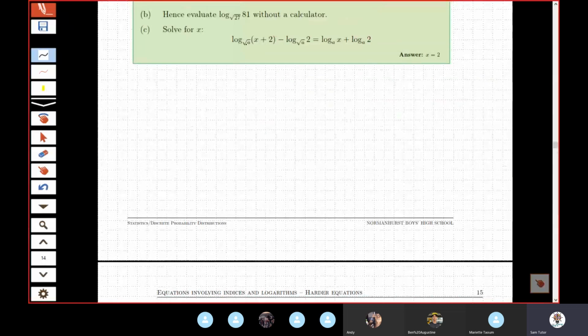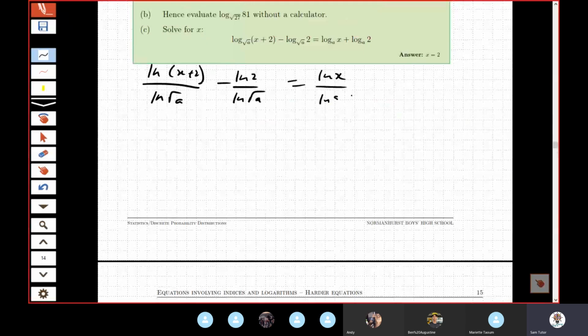Okay, so this one here, solve: log root a of x plus 2 minus log root a of 2 equals log a of x plus log a of 2. This is probably a little bit more advanced, maybe an extension style question. It doesn't matter. Thing is, I can't cross out the a's because of the root here. So what I am going to do is change this to this, because we know we can at least write these as fractions, and we are okay with fractions